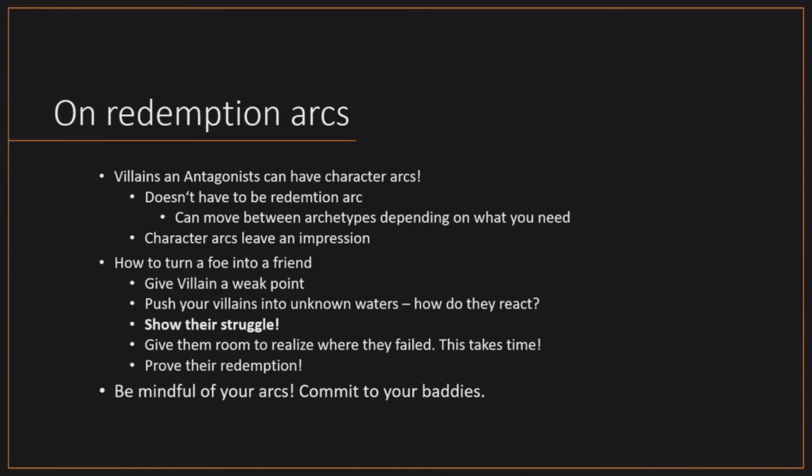The most important thing for a villain to have is a weak spot. Not just for redemption arcs, but for writing in general. If you have an overpowered villain, you might want to give them a weak spot to help the protagonist fight them. In Zuko's case, this is his family and the role that family plays for him. Since Zuko is basically split, half his family is evil and half his family is good. Usually that's how it's portrayed. And the villain can walk this tightrope. And what happens if the villain falls off that tightrope?